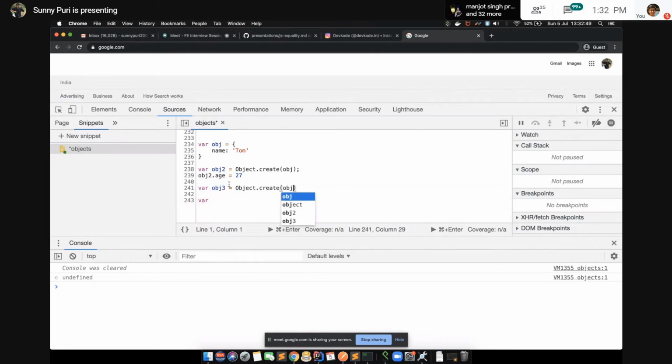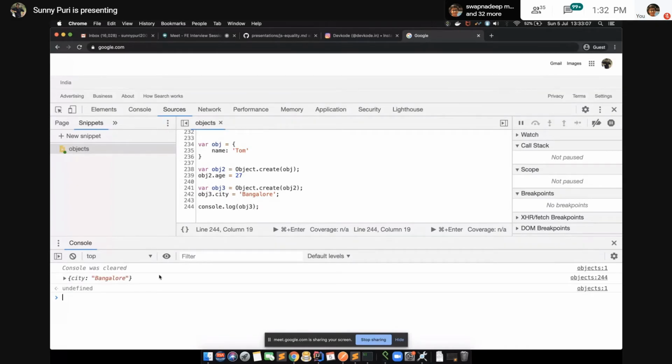I inherited object 3 from object 2, then object 3 added some property. If I print object 3, it will give you city. But if you open this, its prototype is saying it is inheriting object 2, and object 2 is inheriting object 1. This is the prototype inheritance, basically a prototype chain.